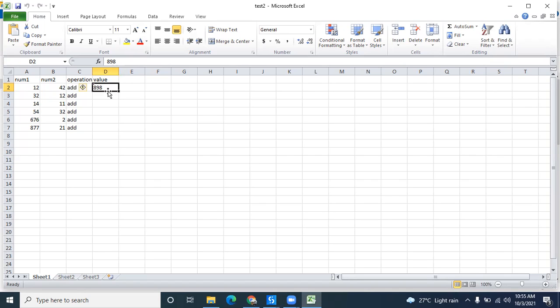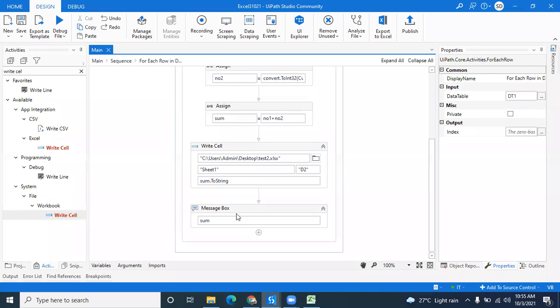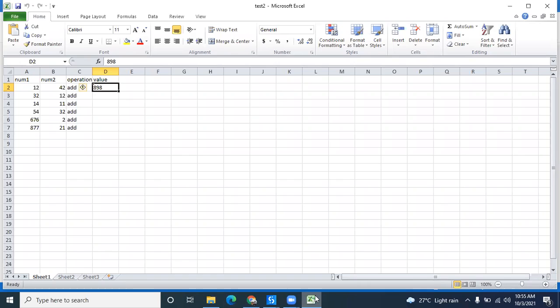No, sir. Yes, the reason is we are specifying where we have to write as D2. So every time our values are written only in D2. So to go continuously, we should find the index of each cell, and according to it, write. Okay. Understood?